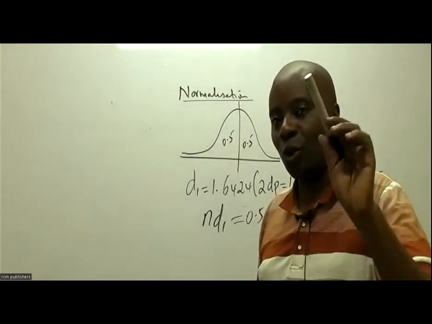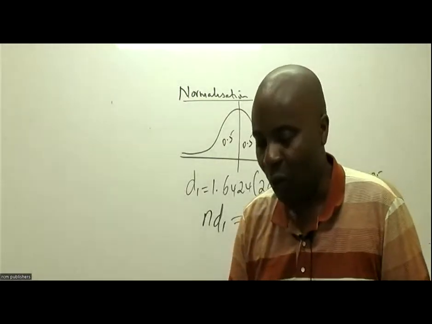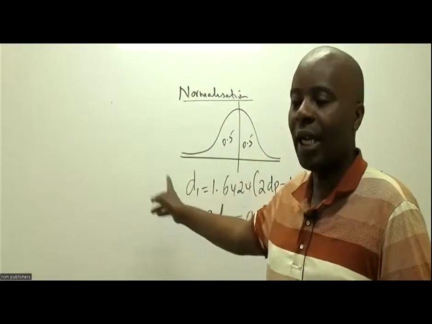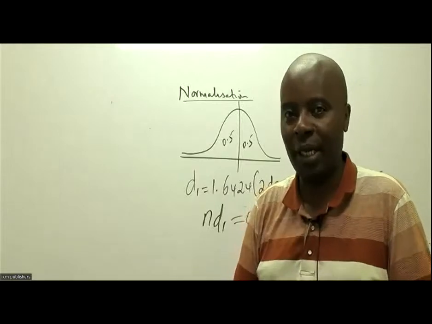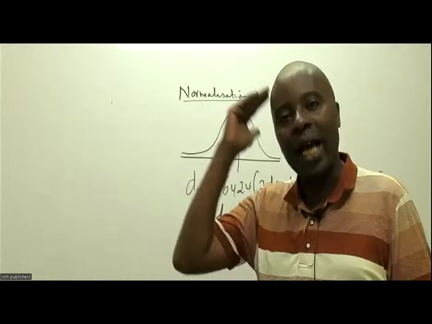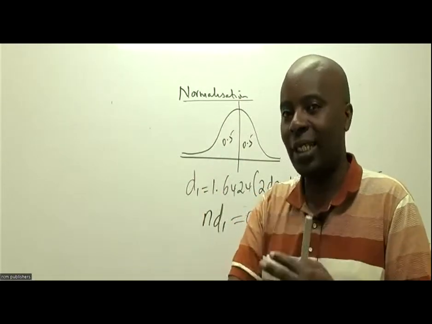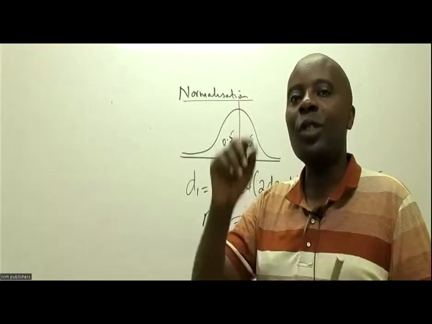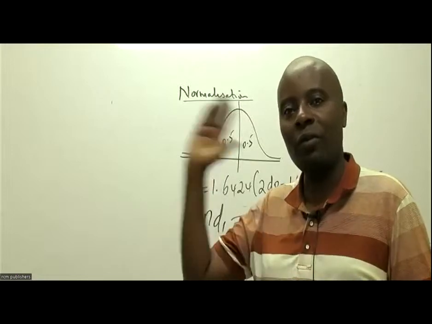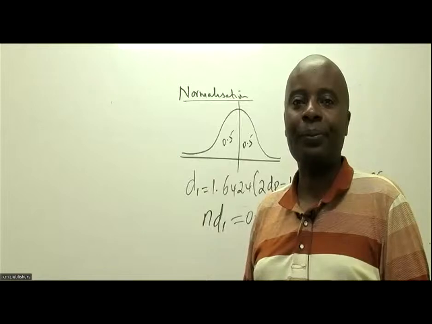So 0.9495. One day after you guys buy those good calculators, I would really want to have one class to show you how to derive this answer directly. Because at times, for example last semester but one, they gave us this question and they never gave us the tables. Actually, if I'm the examiner, I can never give my students the Z table. I expect them to have been taught how to get the T statistics and the Z statistic using this calculator, so I expect them to use this calculator.